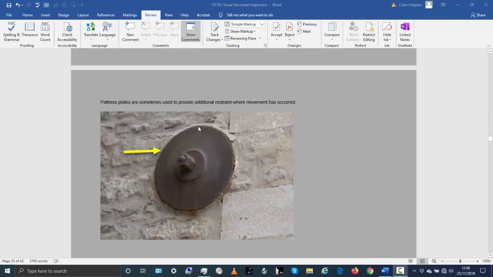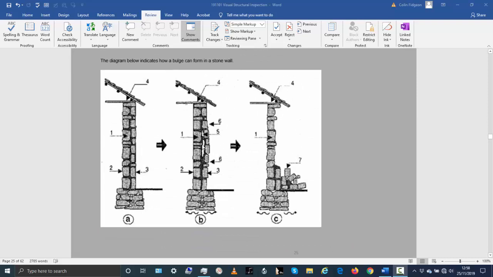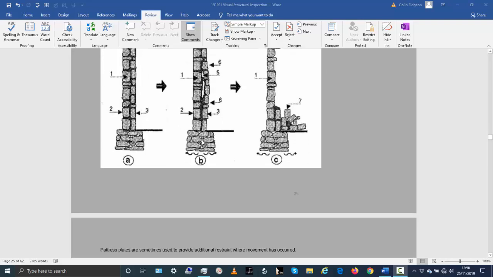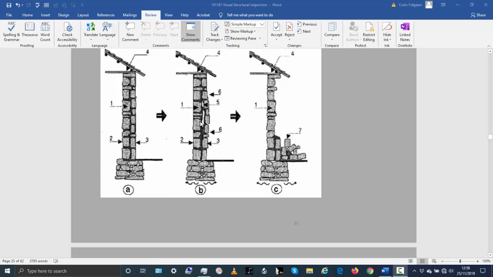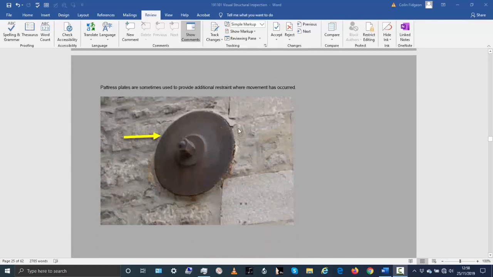Now, this is not relevant in your case, I suppose, because I don't think it's gotten to a stage where we need to do any work with this in your condition, because, as I say, the cement render has not cracked. So I think the movement is historic. But if we did at some stage decide to do something about it, this is normally the way you would do it. You would add what's called a patras plate.